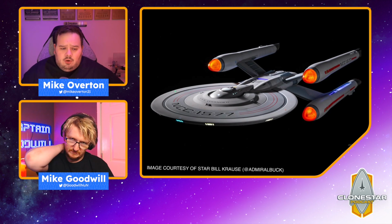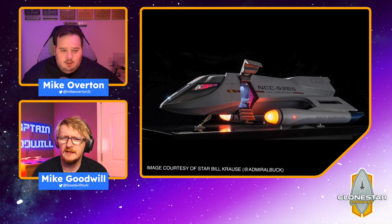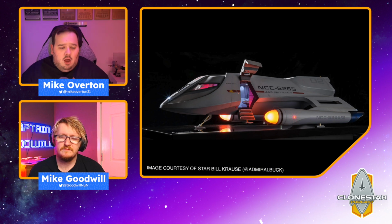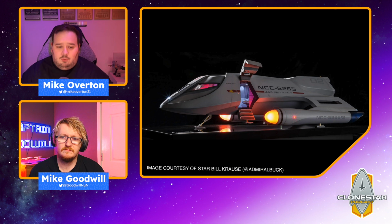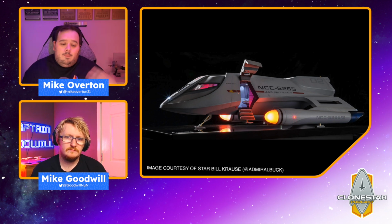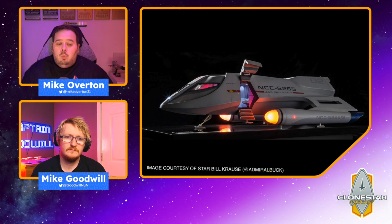And then there's also a shuttle that he designed, the Endurance. The Shackleton class, I think, is just absolutely beautiful. So I wish that sometimes, especially for a Paramount production like Strange New Worlds, instead of sitting in there trying to come up with all these new ship designs, and yes, we love the new ideas, don't get me wrong, but why not reach out